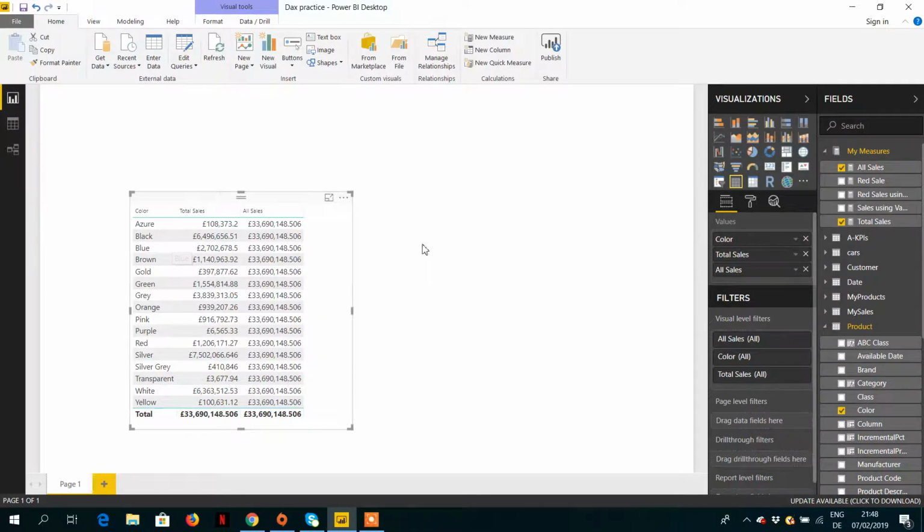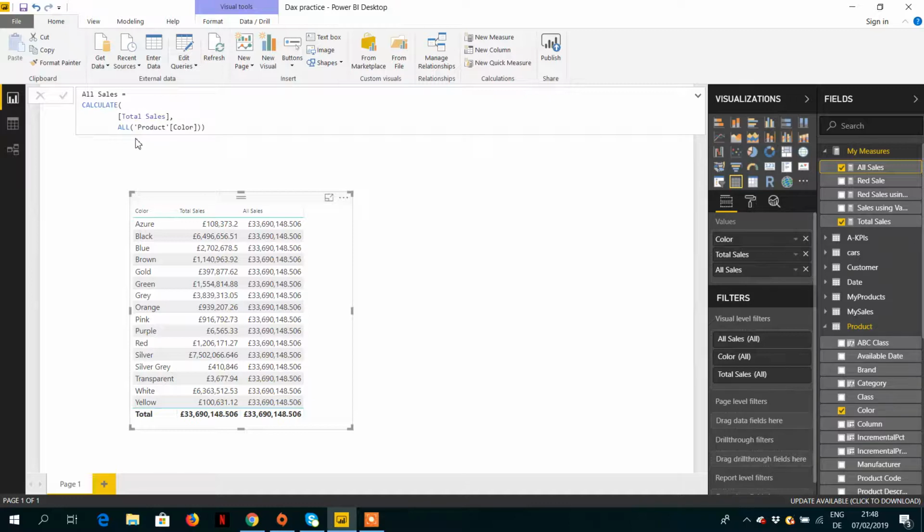So why is it happening? Let's go to the expression. When we use CALCULATE, the first parameter is the expression part, Total Sale is the expression, and the next parameter is the filter parameter.